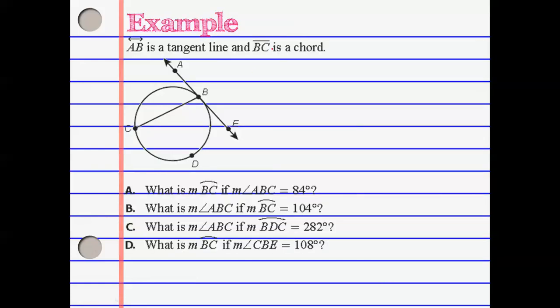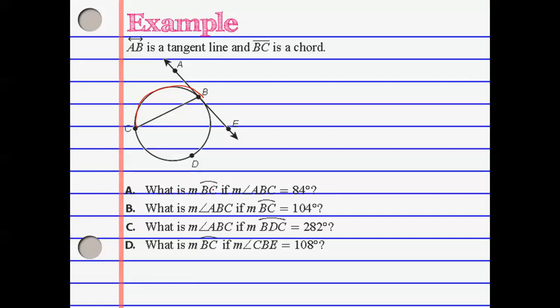All right, so this one we're going to talk about the tangent line rule. Remember what we said, the tangent line, right? If this is x, then this equals x over 2. So here it tells us, and let me erase this real quick so I have room. Okay, so what this tells us is the measure of arc BC, so this arc right here,